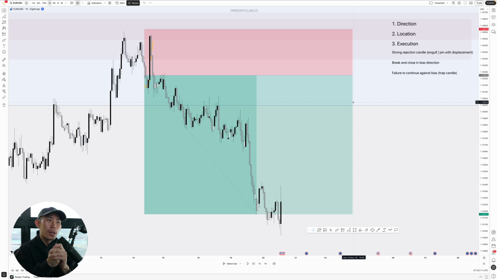There's a lot of different confluences that you can take into account. There is also a lot of different market conditions that you need to be aware of, because this type of strategy might work here and there, but it's not going to work if the market conditions start changing.